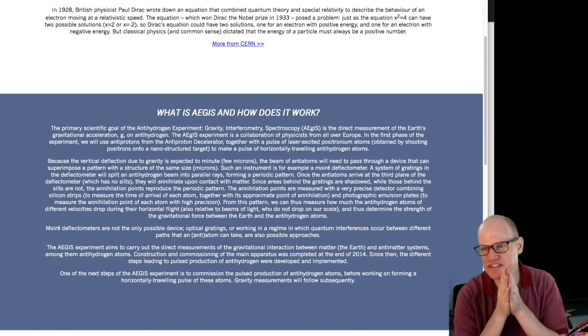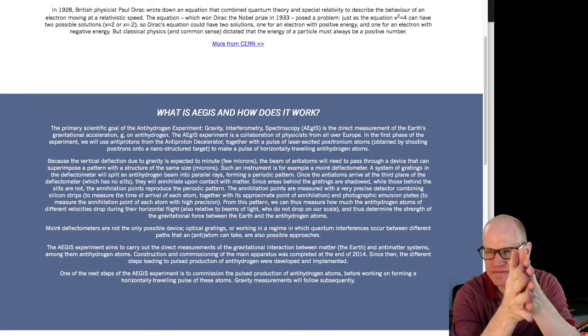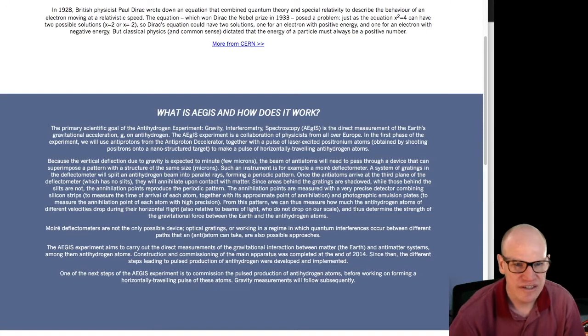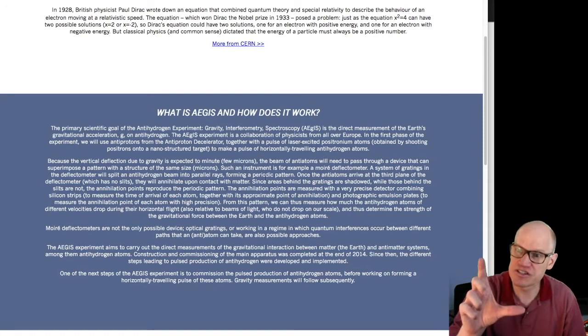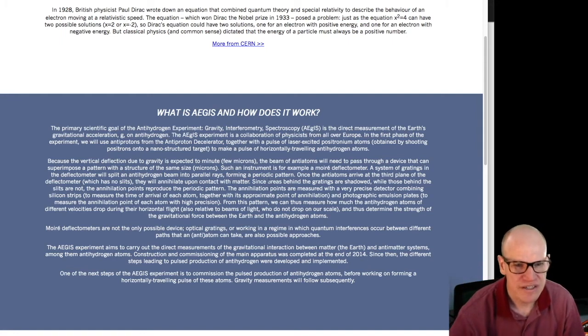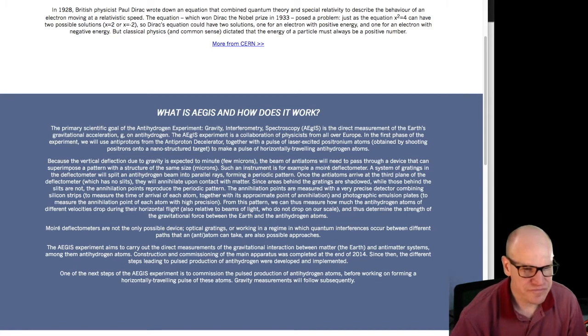So it looks like they're going to send in a beam of particles. They're going to have an interferometer that gets these particles to interfere with each other. That's why it has this interferometry part. And because it's an interferometer, you're able to see very small changes in the deflection that you get from them. Okay, so